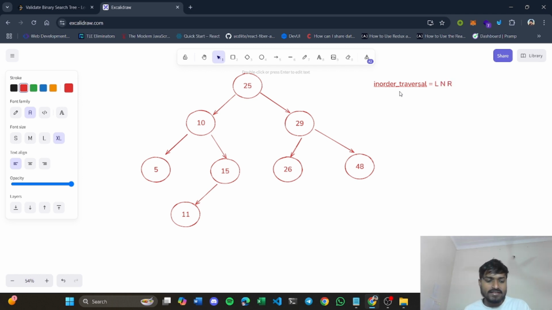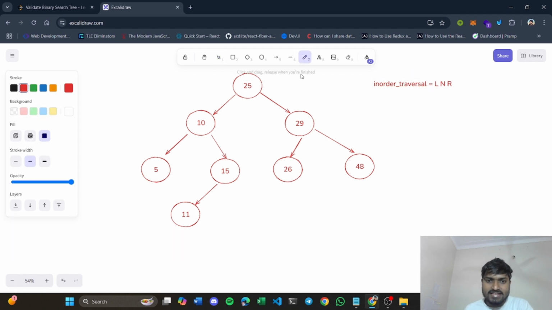So what does it mean? Basically, you will first go to the left of each node until you find a null value. For example, let's say you started traversing this tree from node 25. For this node we got L first, so we will go to the left of 25, right? Then we came to node 10.